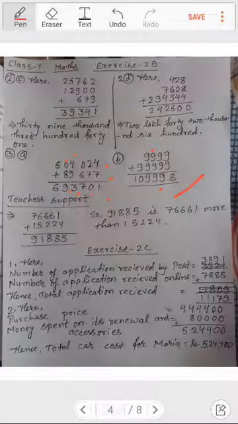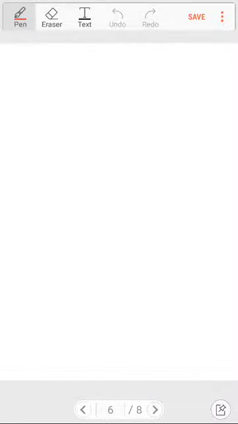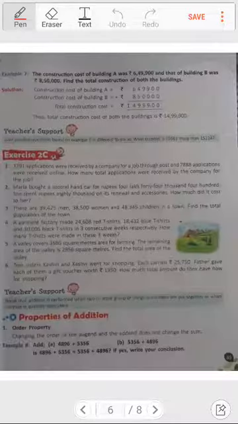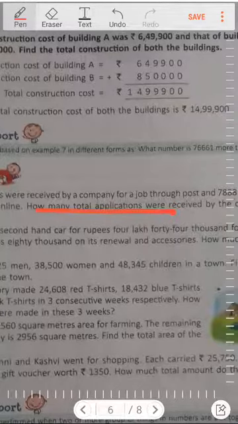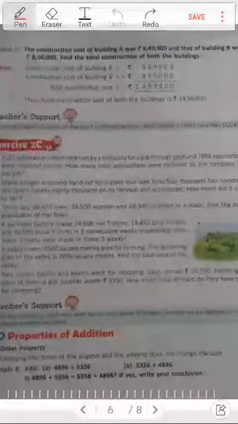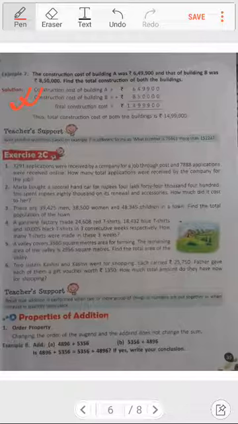If you see, there is teacher support. There also one question has been asked, so I will explain it to you. What is the question? Okay, I will show you. Yes, here it is. Give practice question based on example 7. About this example 7 I will be explaining just now. Example 7 also, here it is.